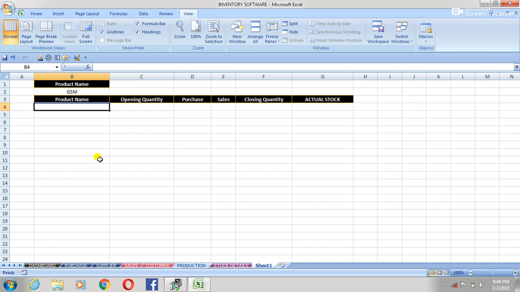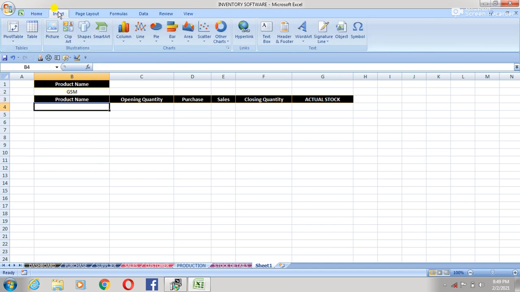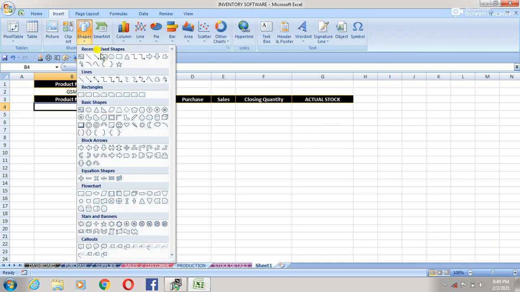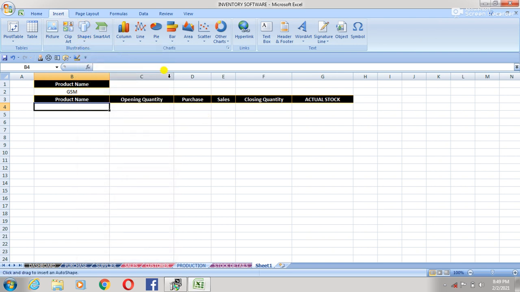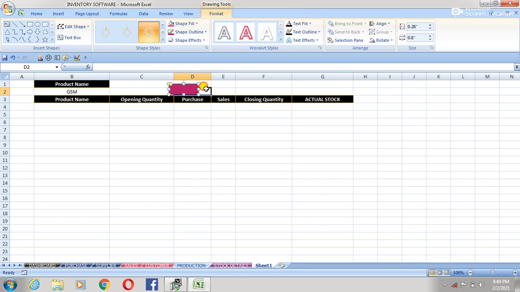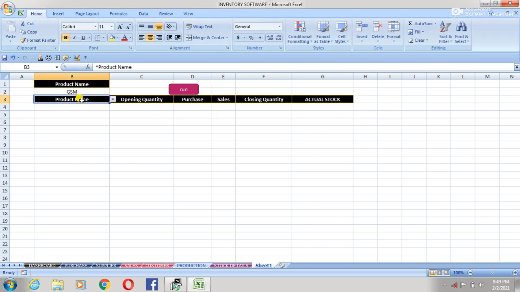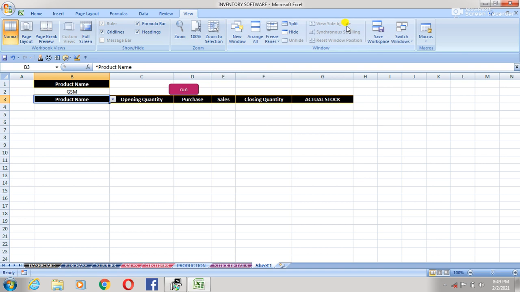So here, go to the Insert Shape menu and choose any shape for making a button. Name it Run. Okay, that's it. After that, go to the View option and choose Record Macro.